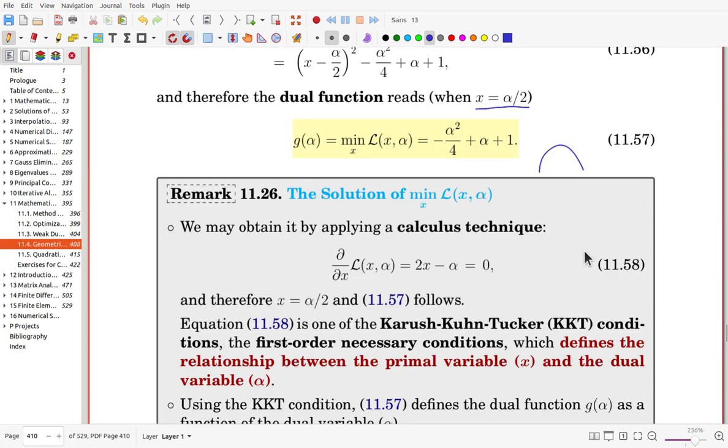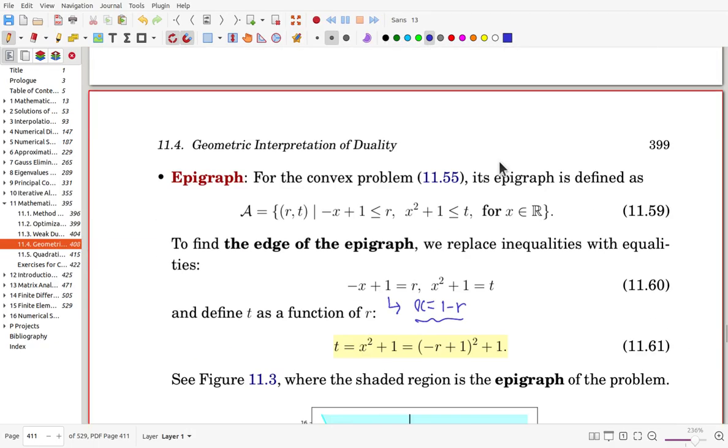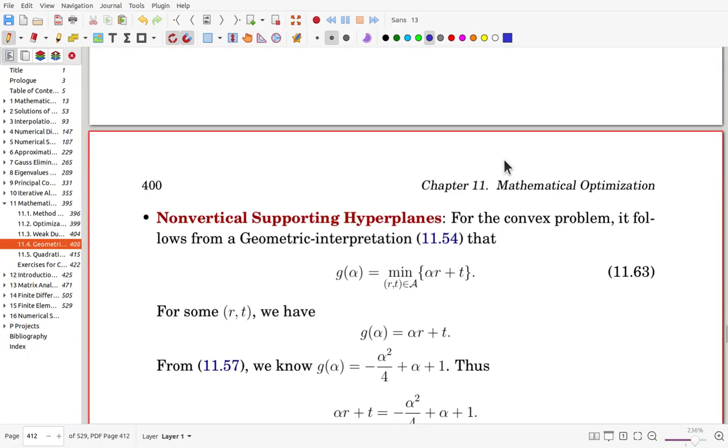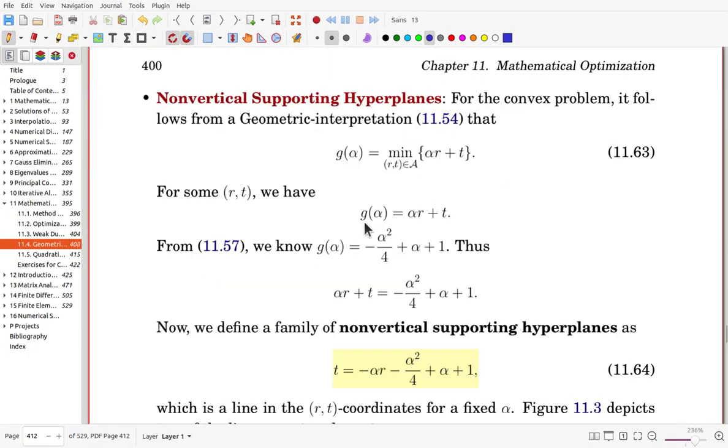Okay, let's go back to 1157. g of alpha is obtained as in this equation. So that we set here now g of alpha from this geometric interpretation and g of alpha from earlier, by using calculus technique or the minimization over the Lagrangian, we have that. So we try to set it equal. Now we consider this one